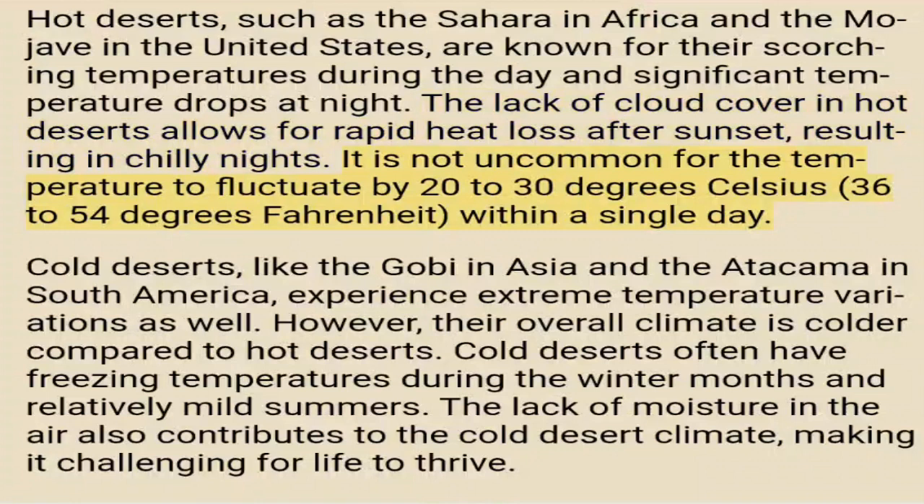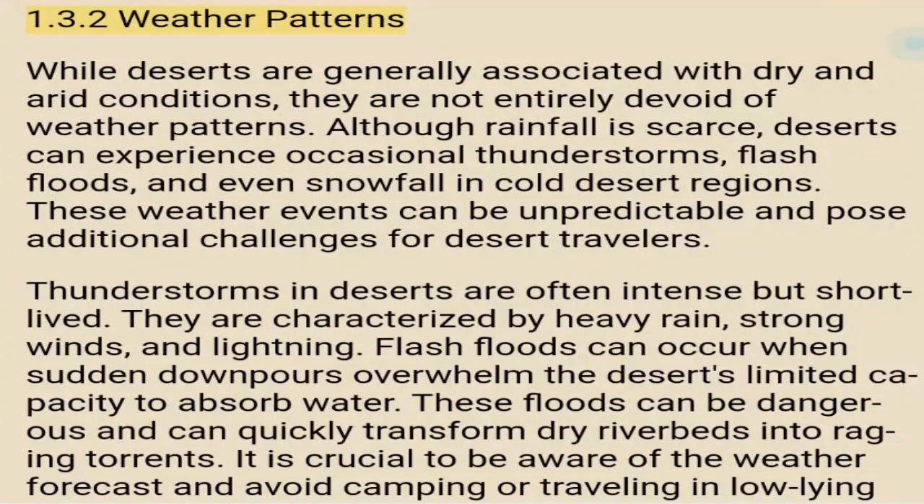within a single day. Cold deserts, like the Gobi in Asia and the Atacama in South America, experience extreme temperature variations as well. However, their overall climate is colder compared to hot deserts. Cold deserts often have freezing temperatures during the winter months and relatively mild summers. The lack of moisture in the air also contributes to the cold desert climate, making it challenging for life to thrive. 1.3.2 Weather patterns. While deserts are generally associated with dry and arid conditions, they are not entirely devoid of